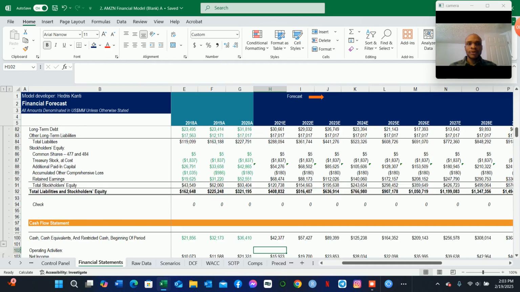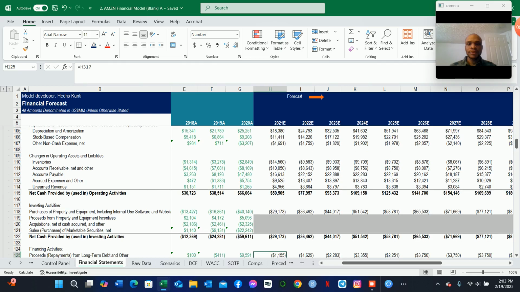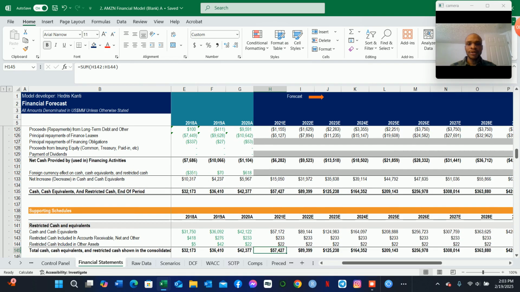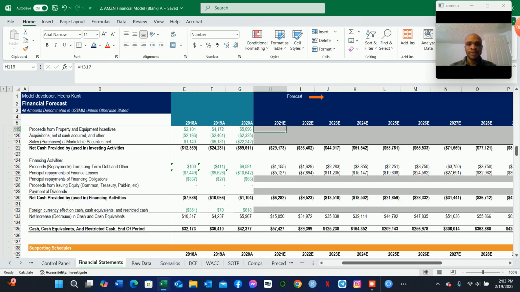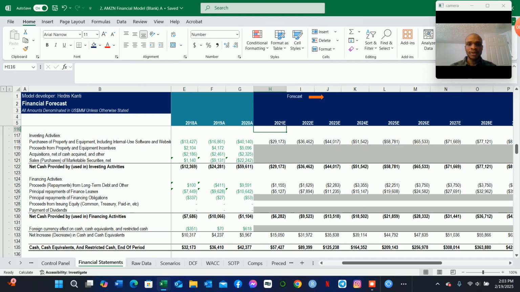So as you can see here, we have done everything up to this point. Now let us scroll down a little bit to see what we have done so far. The only thing that is left here under the financing section is to account for the proceeds from issuing equity. So in this case, it's just going to be equal to,